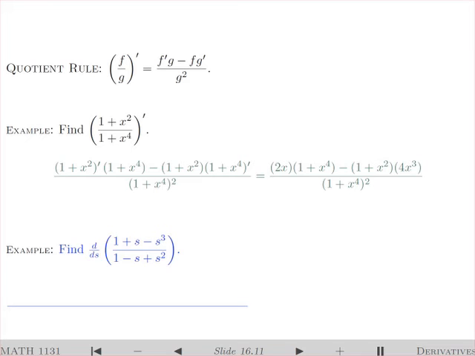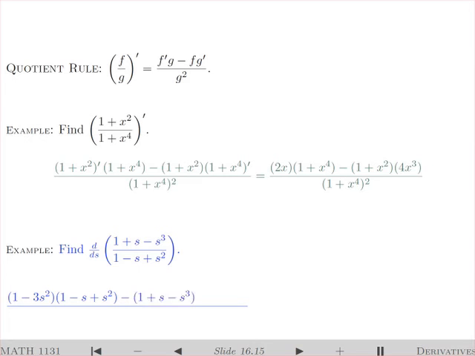In the numerator, in the first term, I differentiate the numerator of the given function, which is 1 plus s minus s cubed. The derivative of that is 0 plus 1 minus 3s squared, or more simply just 1 minus 3s squared. Multiply that by the original denominator, 1 minus s plus s squared,